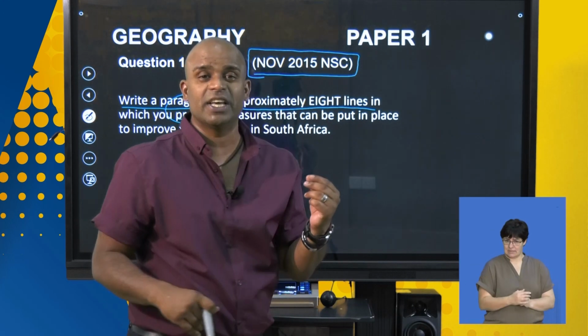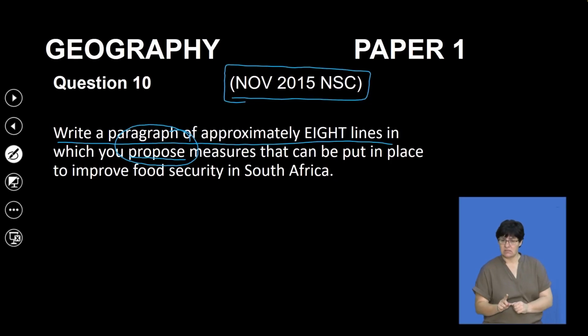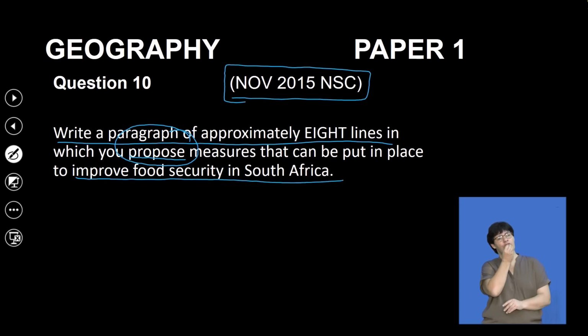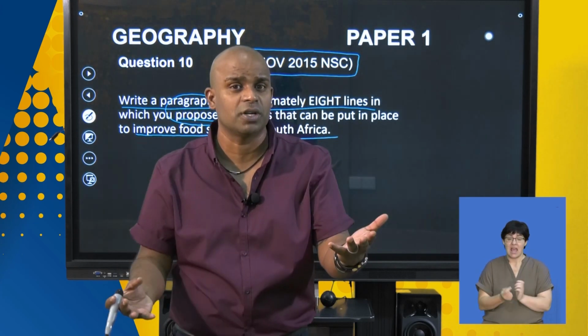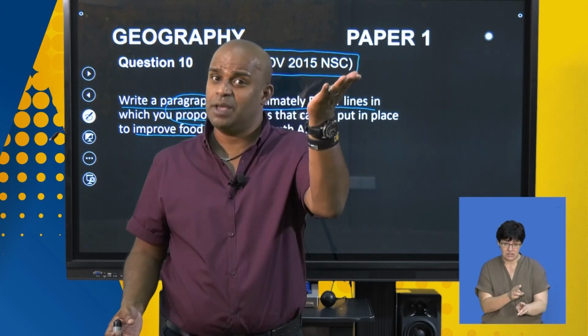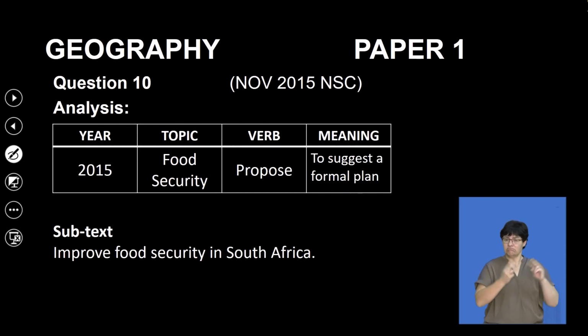In this particular example, what is being asked of you? What do you think about improving food security in South Africa. Can you see the patterns that are emerging in terms of when you are asked to respond, you are asked, how does it improve? How does it decrease? Are we getting a picture? The type of responses should have been, and that's an analysis of the question,